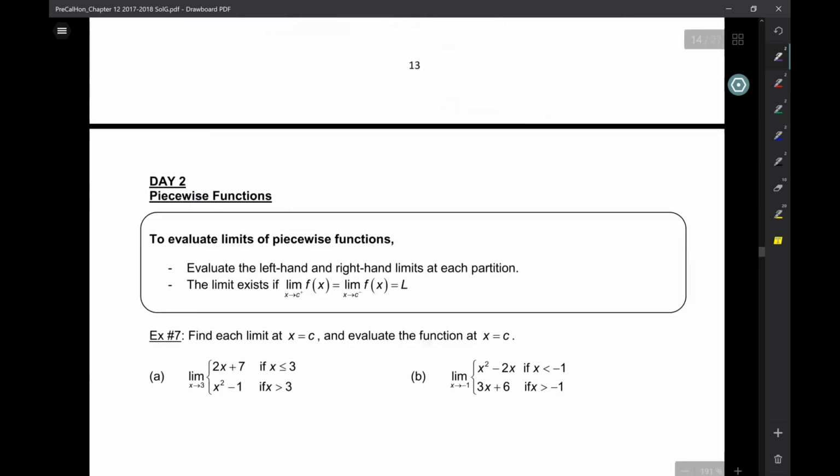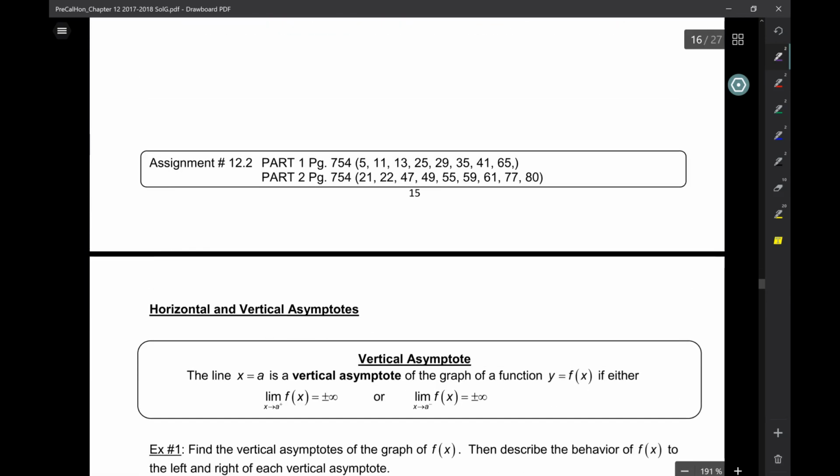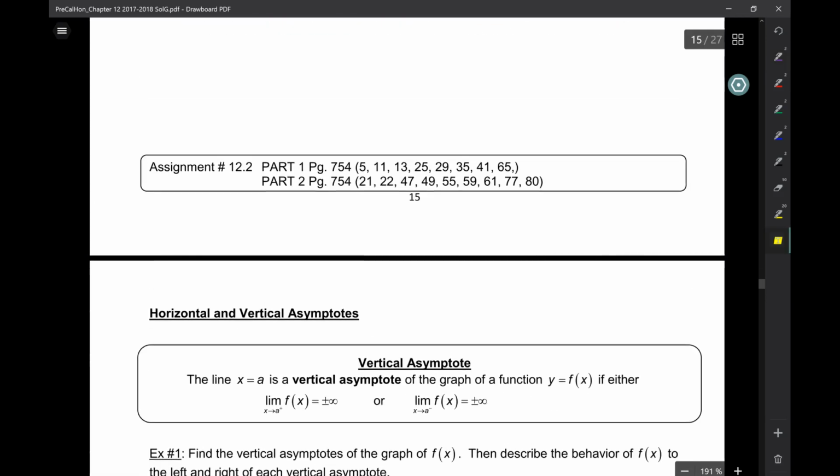The homework for this part is here. It's from the book, page 754. And it's those numbers. I've split it into two. So I want you guys to do the, oh, you can't see it. Here we go. I want you guys to do that for tomorrow. So G period, this is due Tuesday. Okay? And we need to know